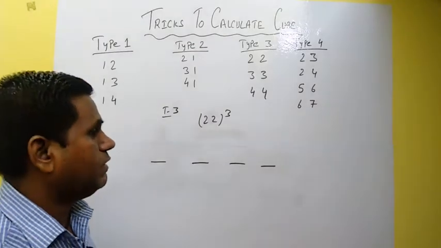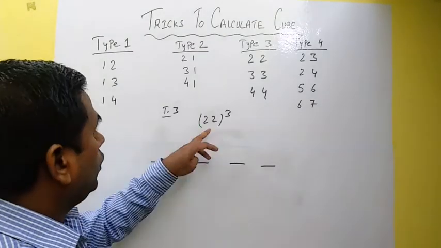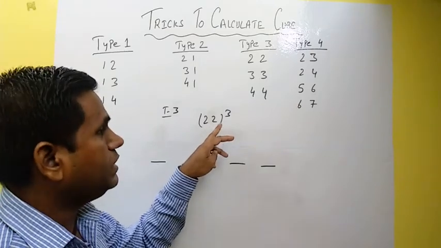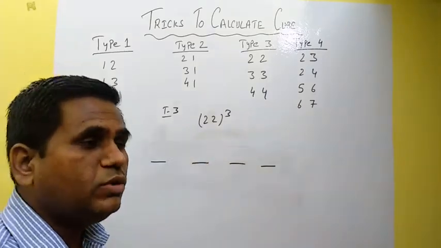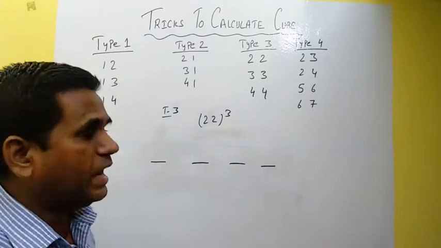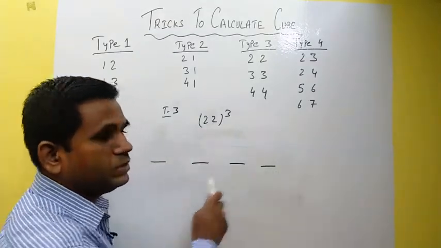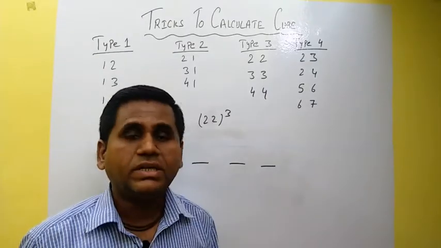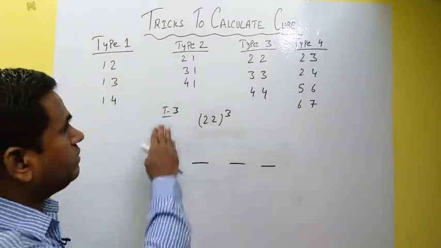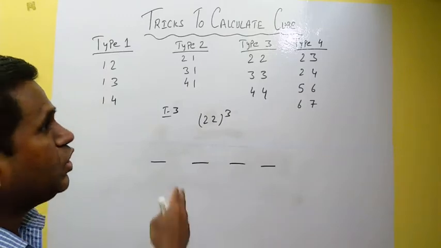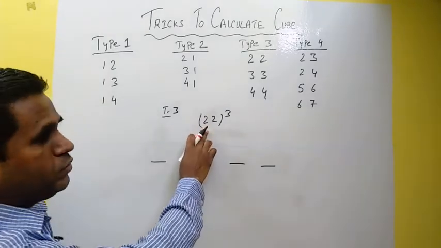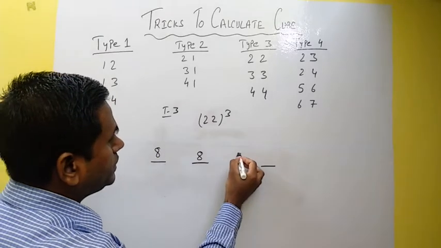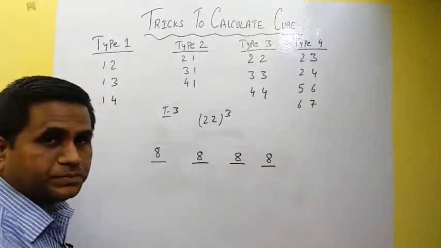In this, what we have to do is, digits are same, so take any one digit. So we'll take 2, right? Both are 2 only. So you have to do the cube of 2 and write it at each place. As I told you in the beginning, friends, only the first step will differ. Other steps are same in all the types. So cube of 2 we have to write here. Cube of 2 is 8. So I will write 8 here, all the 4 places.